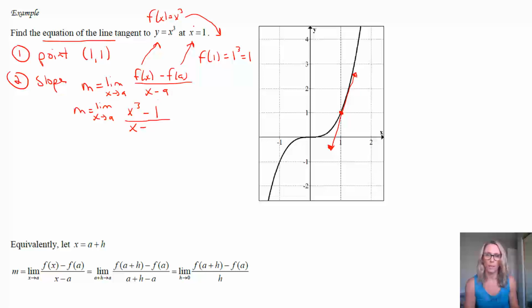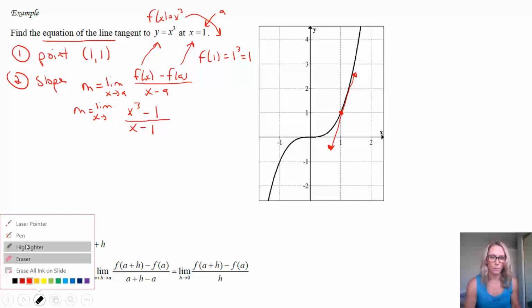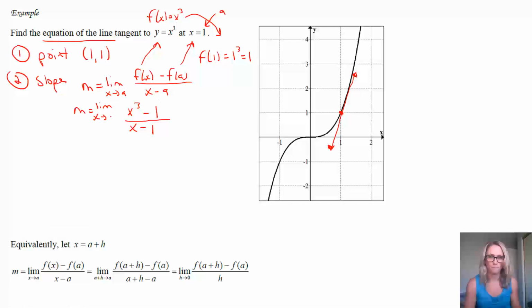And because that point is 1, 1, you want to think about the fact that your a is 1. So x minus 1. Now, one thing that I should do, I can add one more thing in here. Not surprisingly, we don't need that a because we just talked about the fact that a is 1, so let's just replace that. And this is what we need to find the limit of.